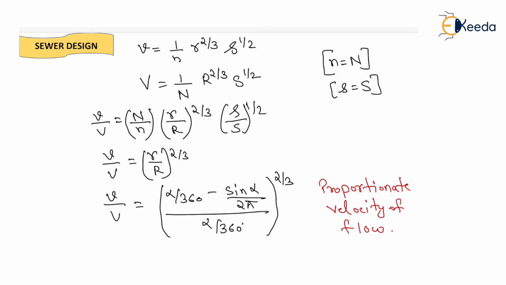Now we will go for the discharge calculation. We know that for the small depth of flow, discharge will be equal to small a into small v, and for the capital D depth of flow, the discharge will be given as capital A into capital V. Now we will take the ratio of both of these, then it will be equal to small q by capital Q, which will be equal to small a by capital A and small v by capital V.